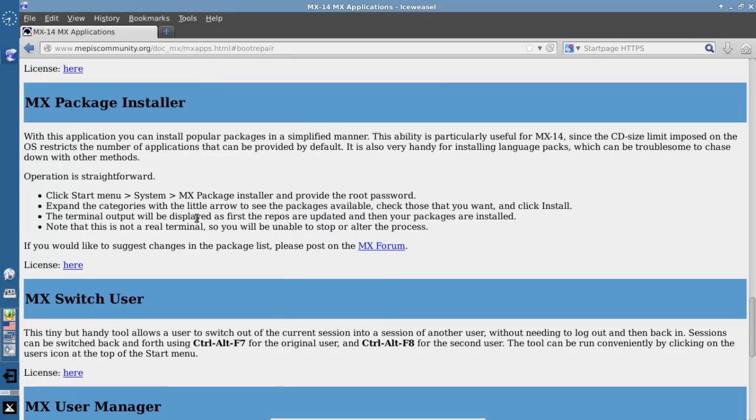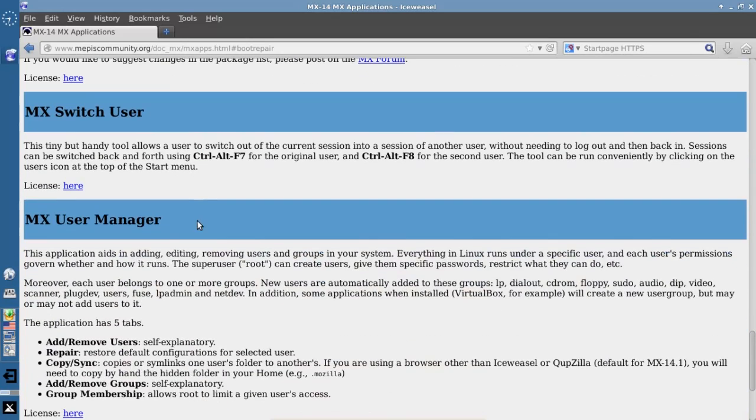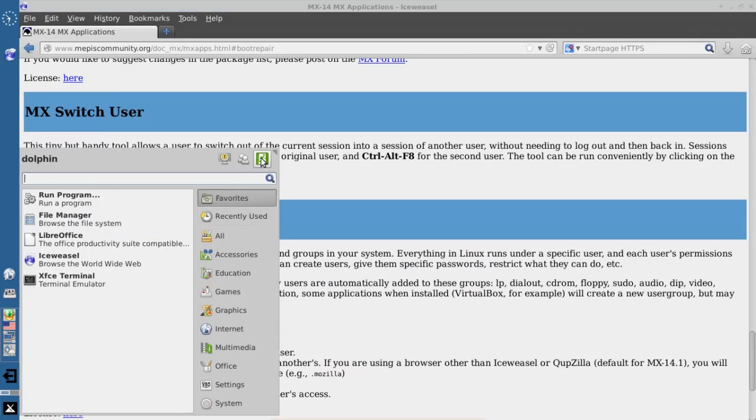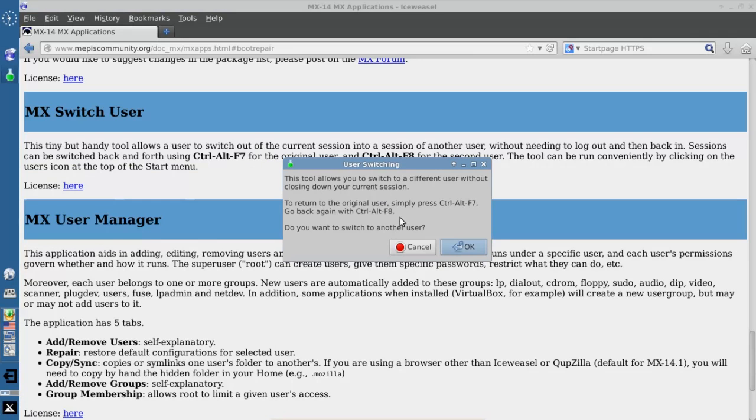Pretty nice. MX Switch User is a nifty little tool that I am not going to run while I am recording because it messes with X. But it runs from here, Switch Users, and you get a little tab that says, hey, do you want to switch to a different session without logging out? You can keep both users logged in. You get a whole second set of X, and you can go back and forth between the two